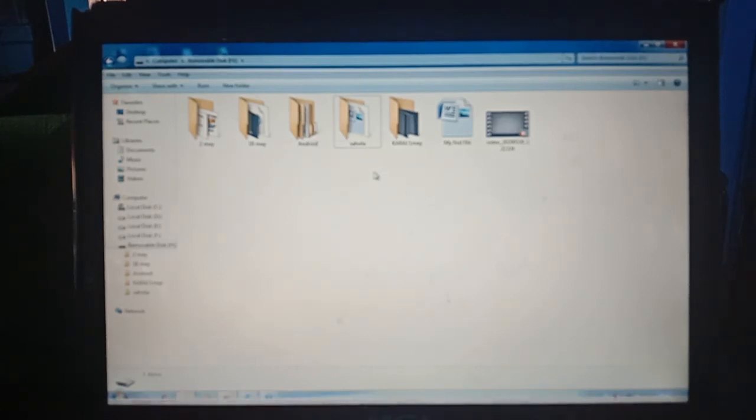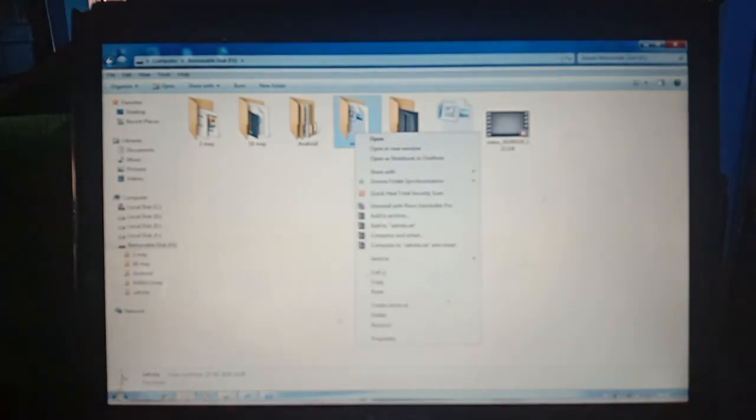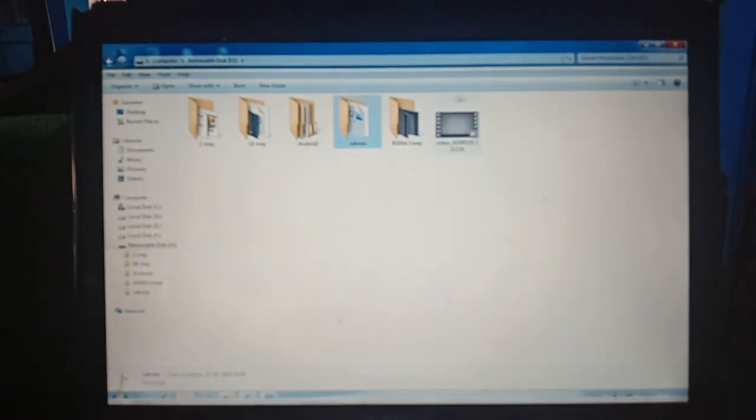Now cut and copy. Copy I have told. Now cut. In the cut case, the file will move from a particular location to the next. Just like this file is there, my first file. This you can cut. See what happened in cut. When you select cut and paste in this folder Sahota, this particular file that we have selected for the cut disappears, meaning it moved from the particular location to this location. Earlier only one file was there, now two files are there. Understood? So this way we can use this content.